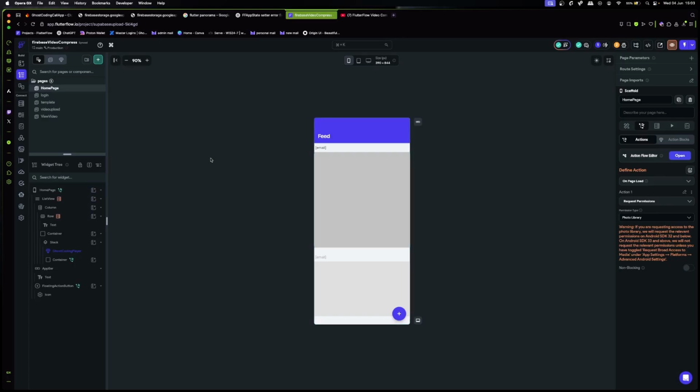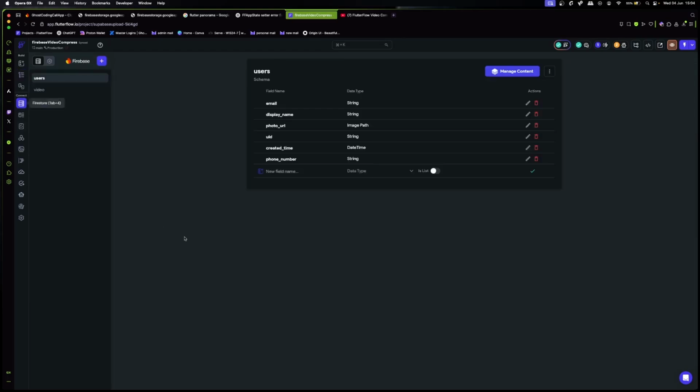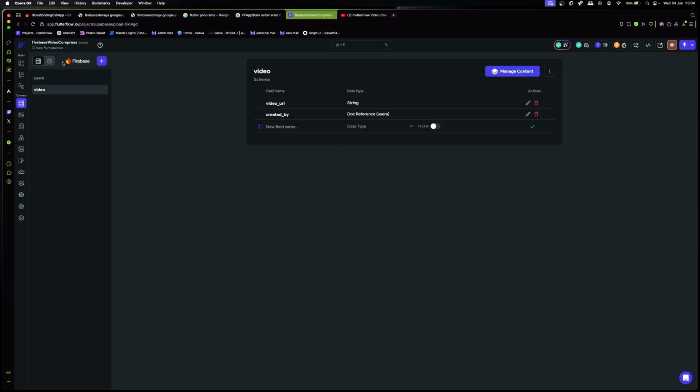So let's just go through the database structure. For me, seeing as it's not an actual app, this is just me compressing the video. I have a video data set set up, which takes in a video URL of type string and then created by, which is a doc reference. Now, feel free, you can make this a video path if you're going to be using the Flutterflow video player.